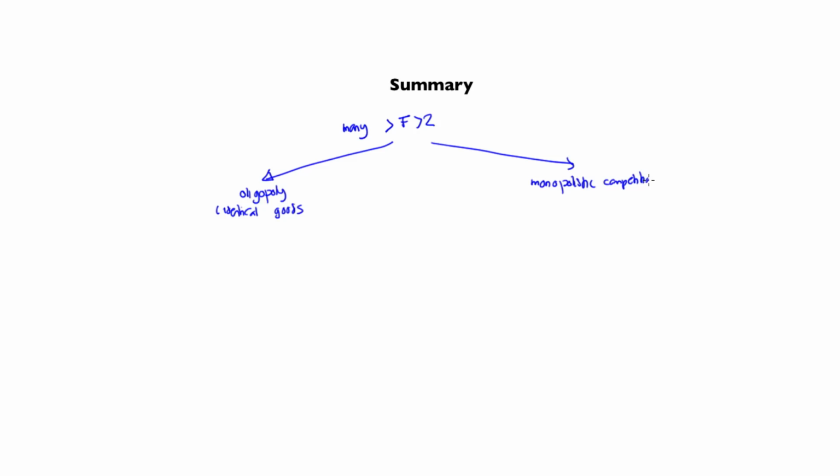Now, here we look at the case in which there are F greater than 2 but less than many firms, okay? And we look at two different models of what happens in markets in that case. One is the oligopoly model. And the key feature of this oligopoly model is that the firms sell identical goods. And then we saw the monopolistic competition model, in which the key feature is that there are differentiated goods